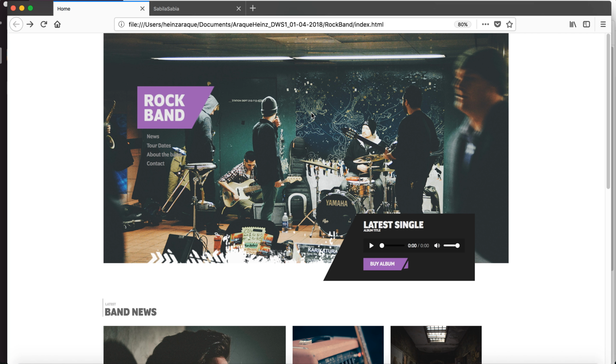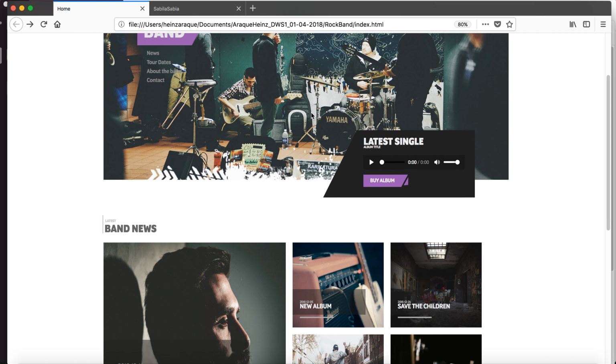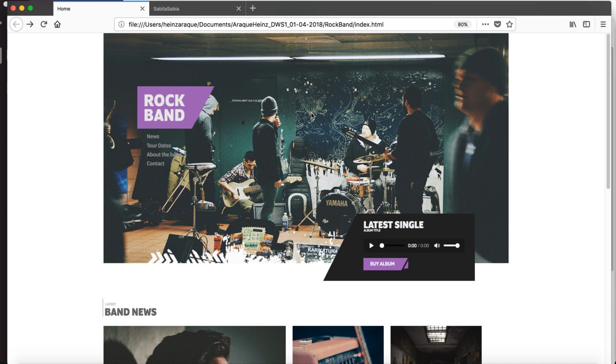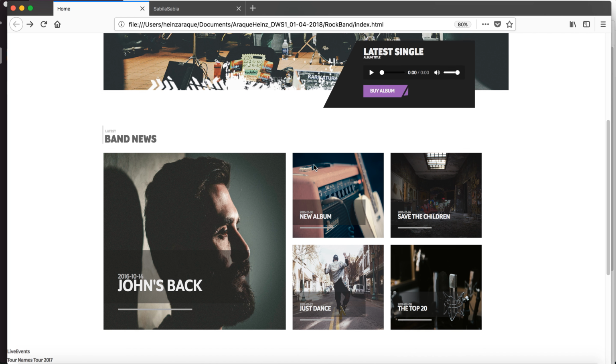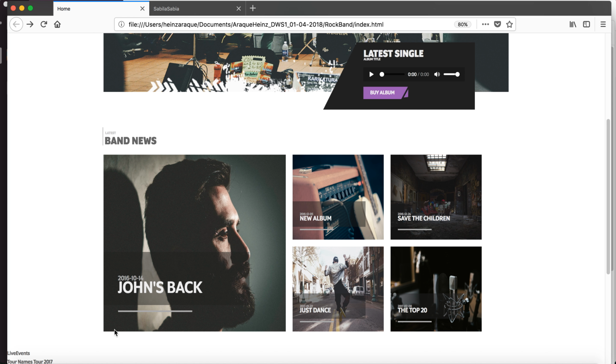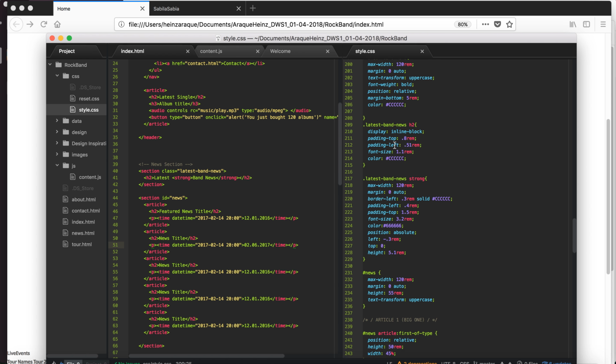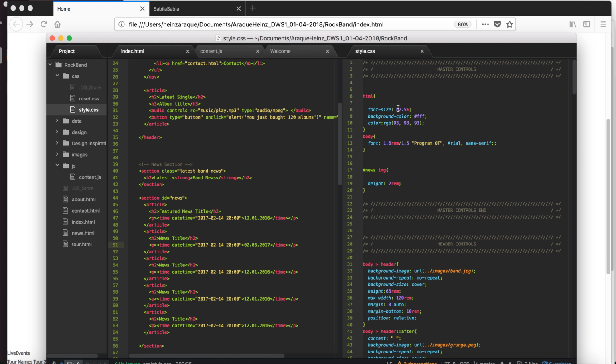So to begin with, sadly I haven't been able to finish the main page. However, I managed to finish, in my opinion, the first two sections, which are the header where the nav is and the band news. I had a lot of issues dealing with the band news, but finally I think I managed to do it right. So my process of thought is, first of all, in the main,